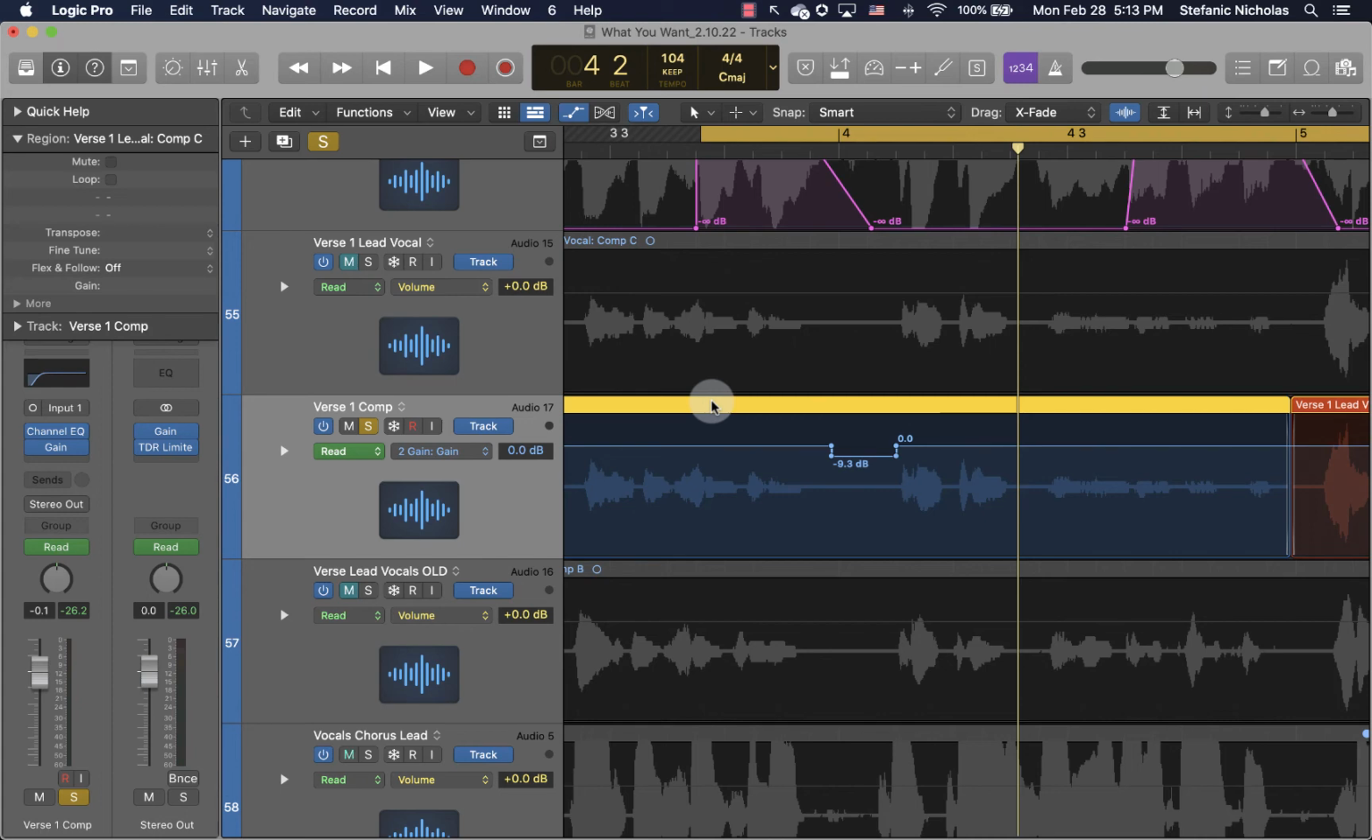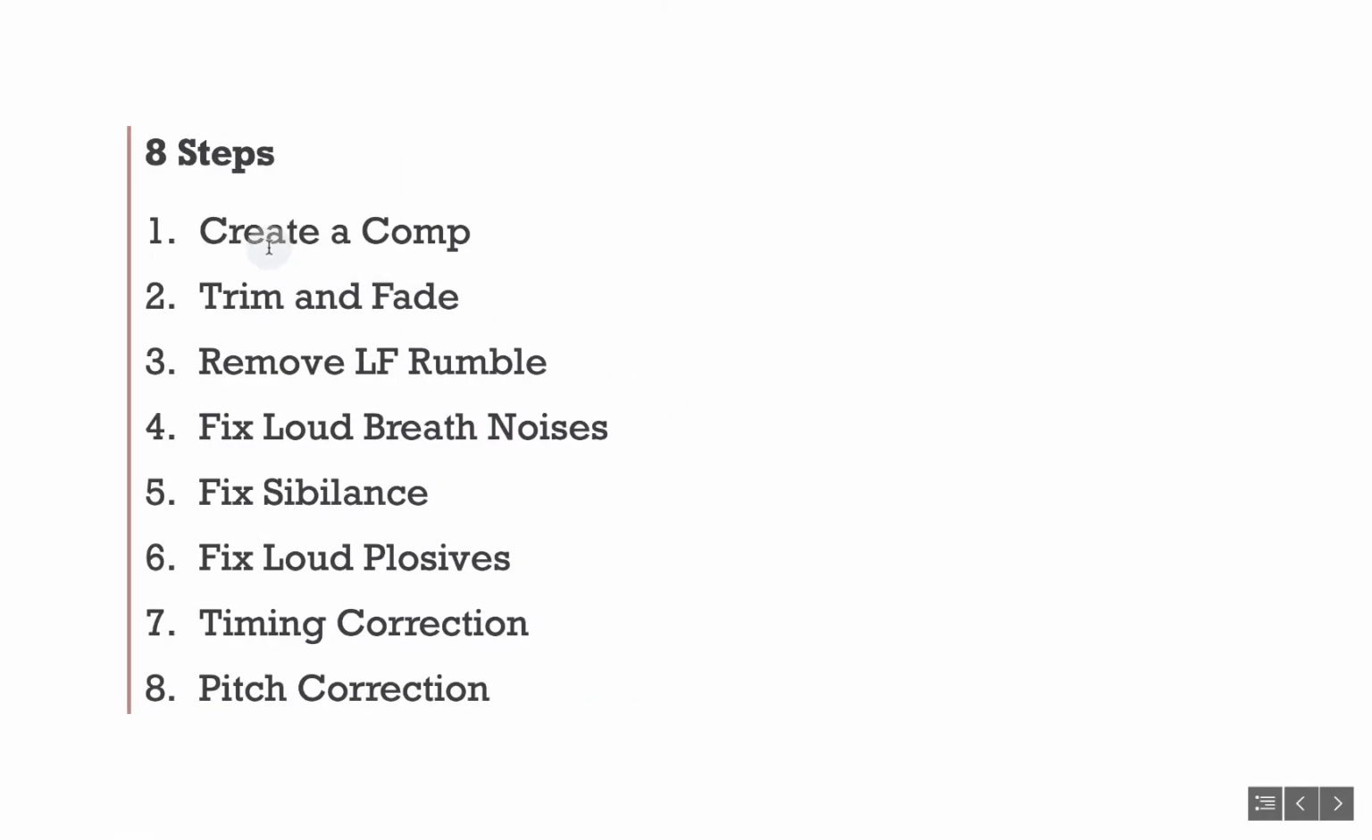All right, so continuing on with our vocal editing here, we've done creating a comp, trimming and fading, removing the low frequency rumble. We just finished fixing our loud breath noises. And so the next step is to fix sibilance. Sibilance is just a fancy word for those high frequency S type sounds, or sometimes you'll get them on T's